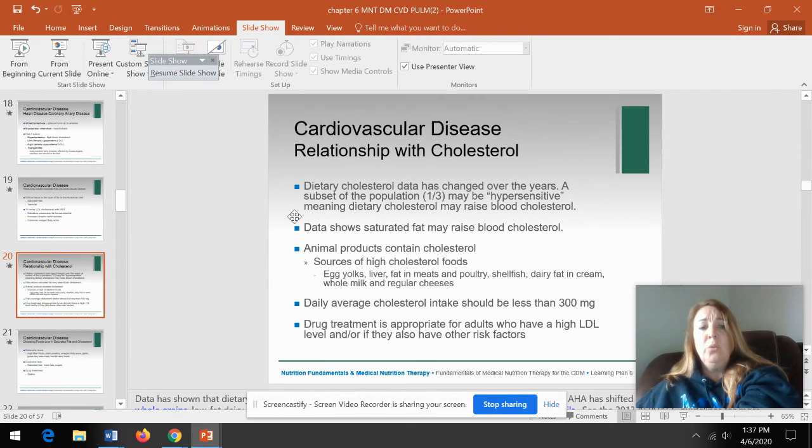Okay, so in the past, there's been a lot of focus on the dietary cholesterol that we eat, but now we know that it's more the saturated fat and the trans fat that we eat that raises our blood cholesterol level more than the dietary cholesterol. So there still is, by the American Heart Association, the recommendation that our average cholesterol intake should be less than 300 milligrams, but the focus should be on decreasing saturated and trans fat. Saturated fat, between 7 and 10% of our